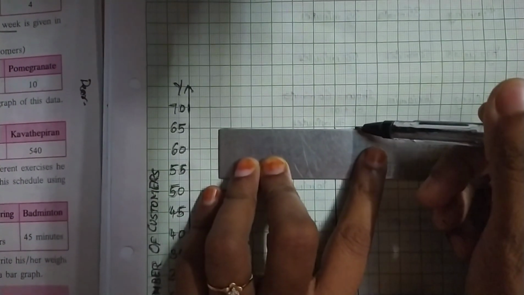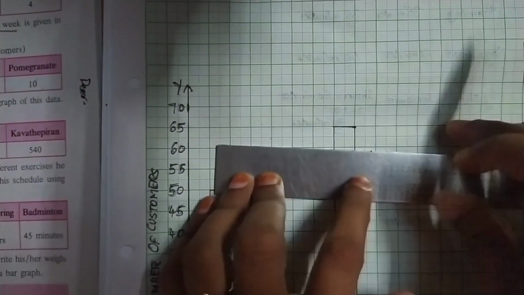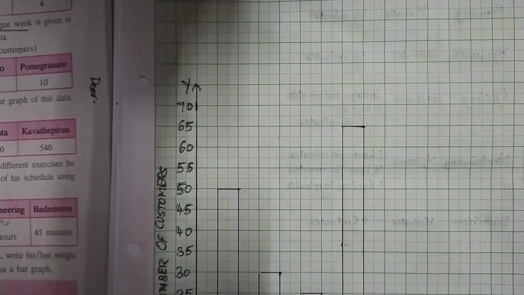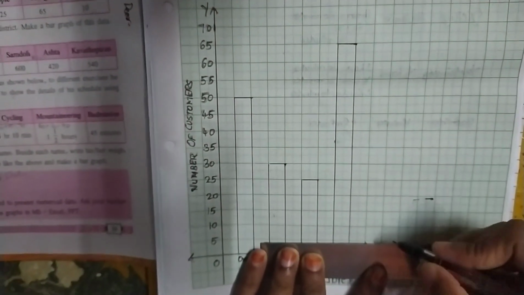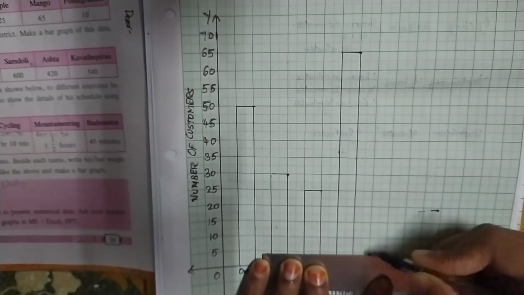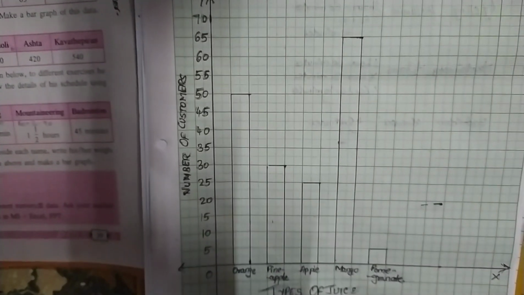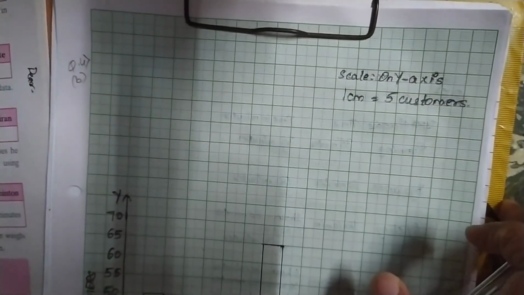And at last I have 10 pomegranate. Customers who bought pomegranate were only 10. So this completes your bar graph here. Now you can see the number of customers. It's in the difference of 5, and the bar with the scale of 1 centimeter equals 5